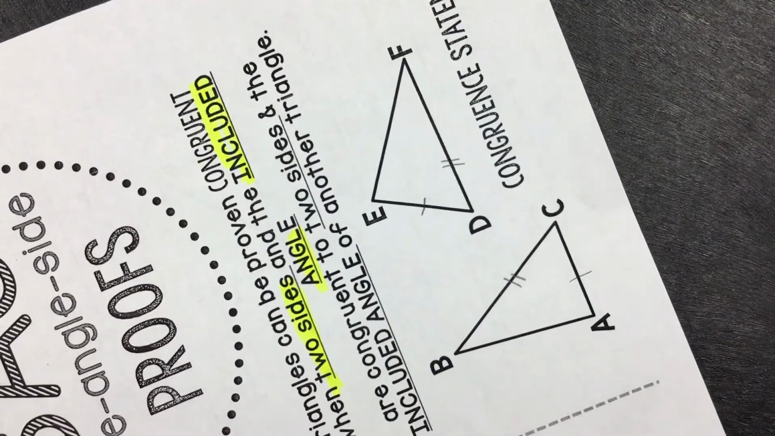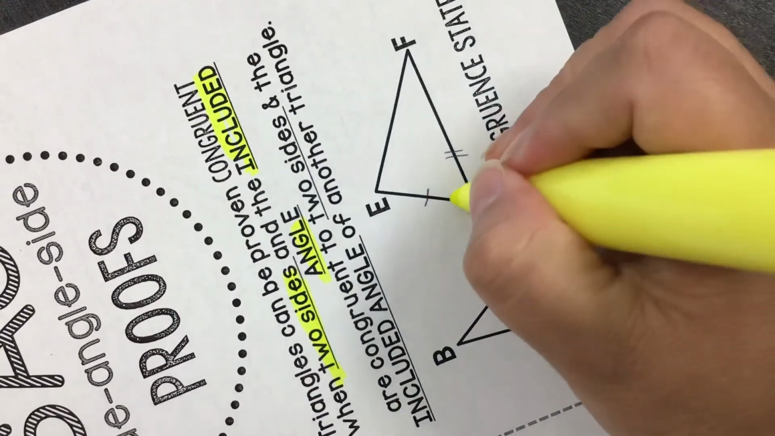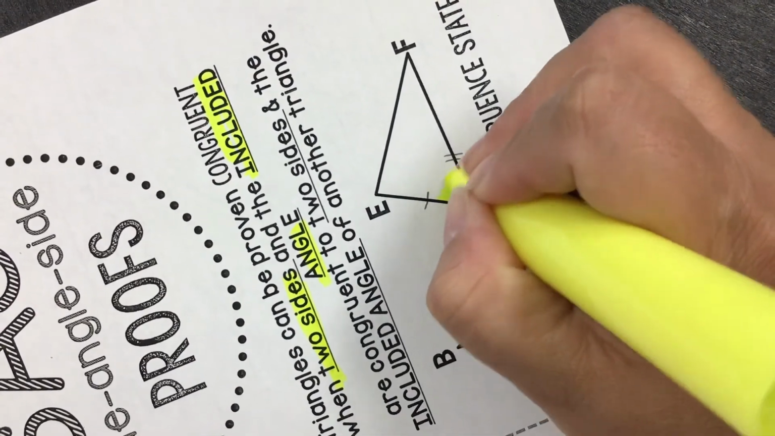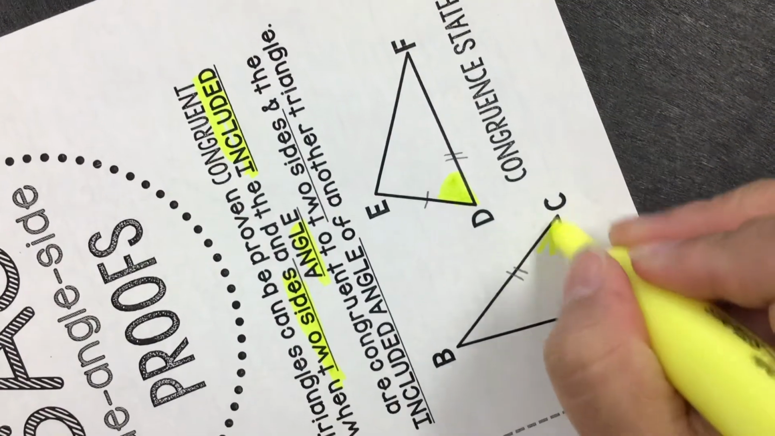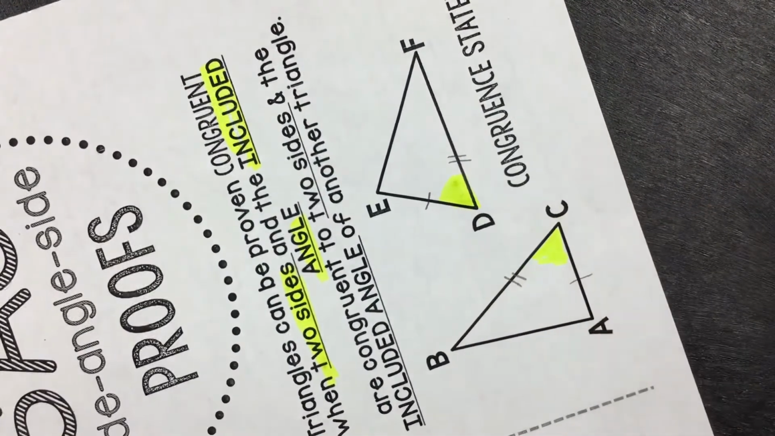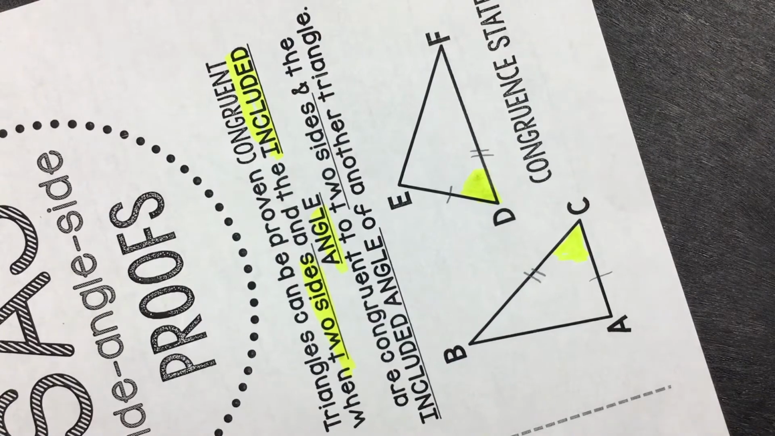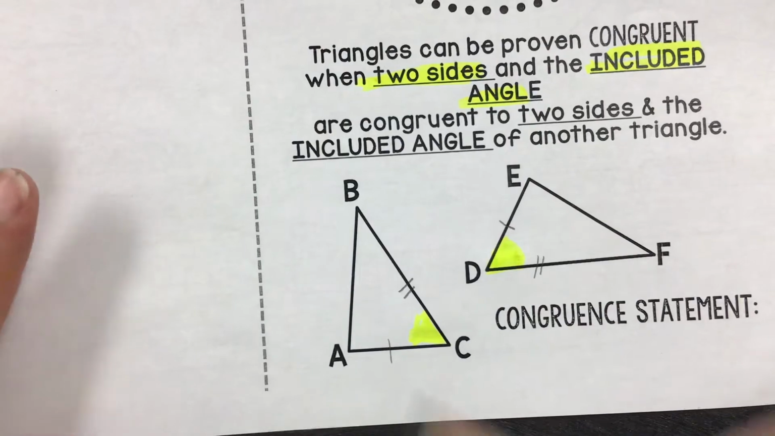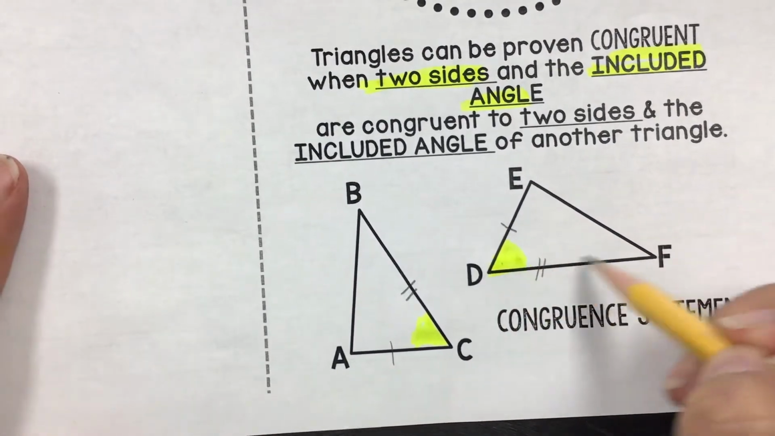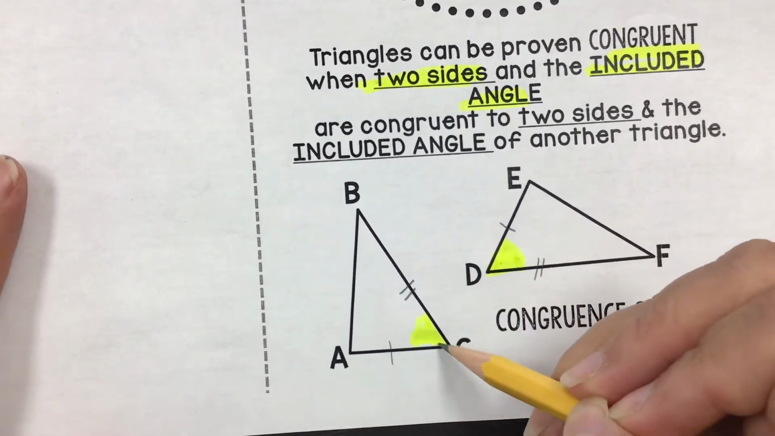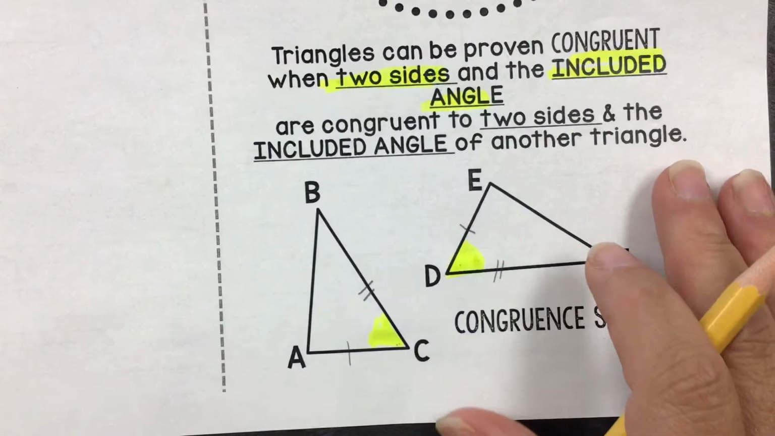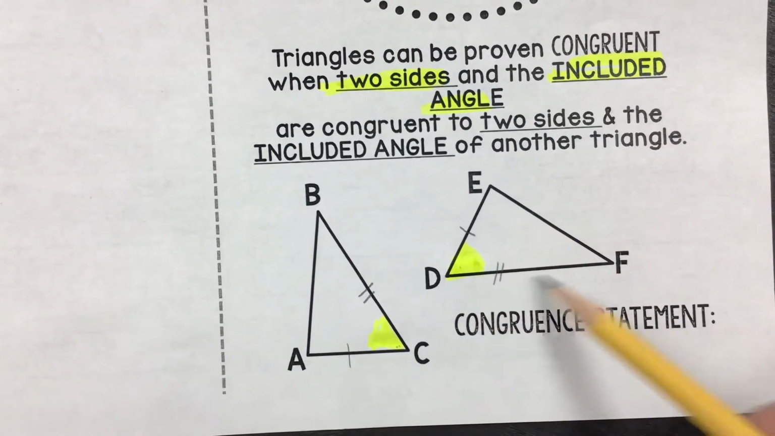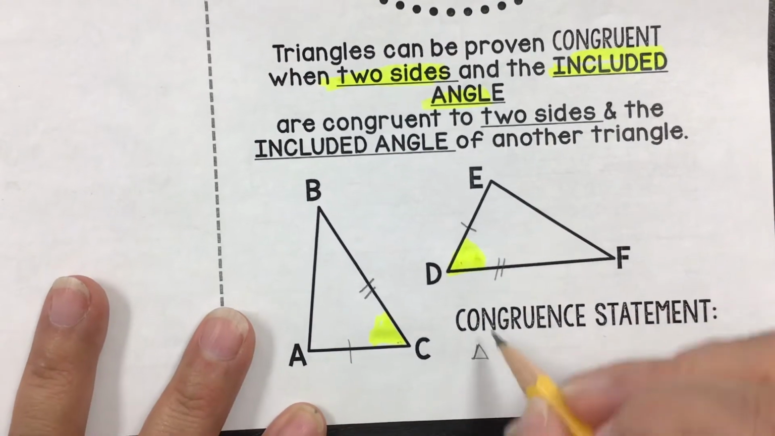The included angle is the angle that is created by the sides you just said were equal. I always like to call them sandwiched. That angle is sandwiched by the sides that you just indicated were equal. They are the ones being created by the sides. Once you have that side, angle, side, you can say that the triangle